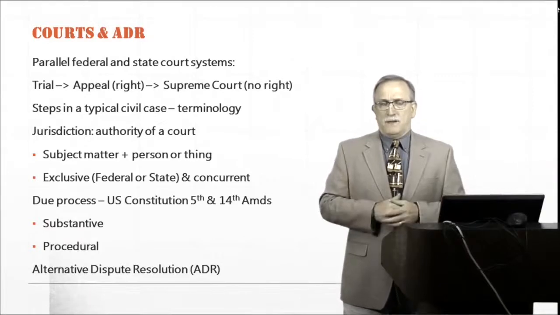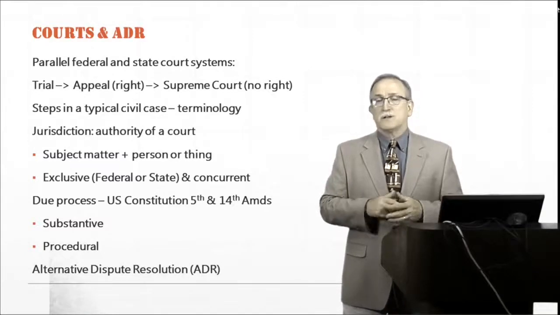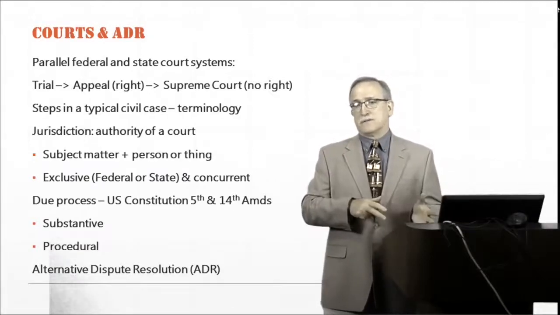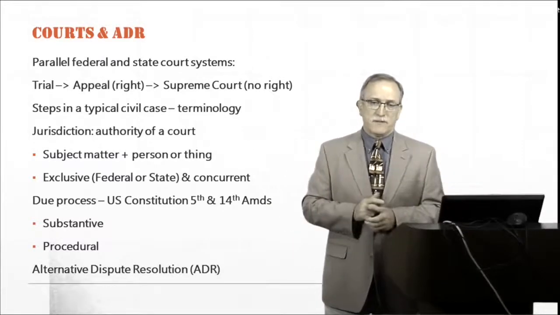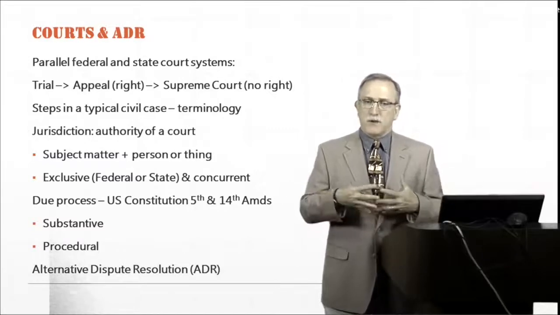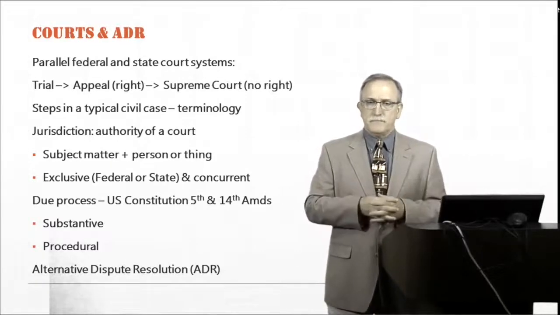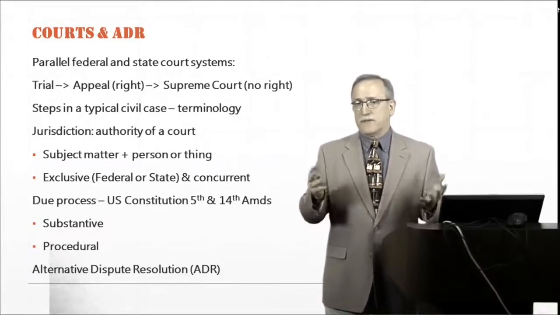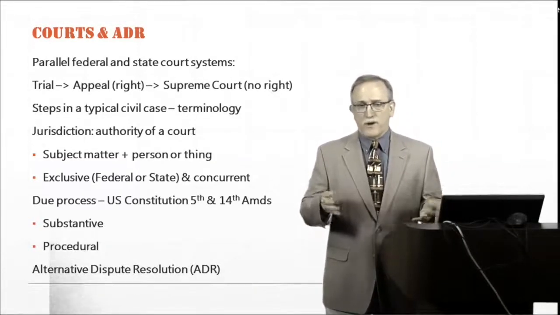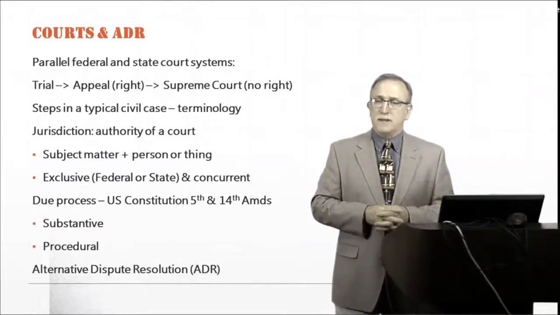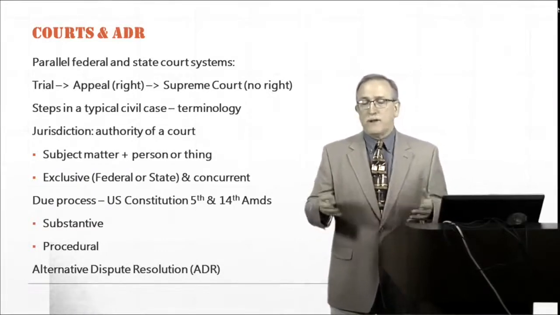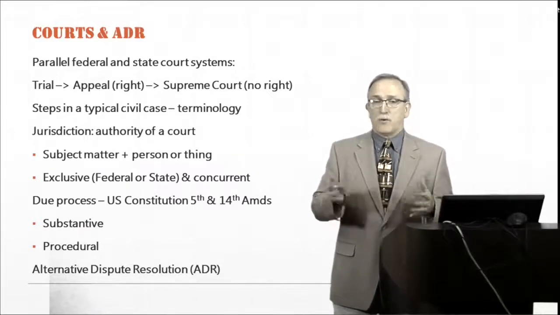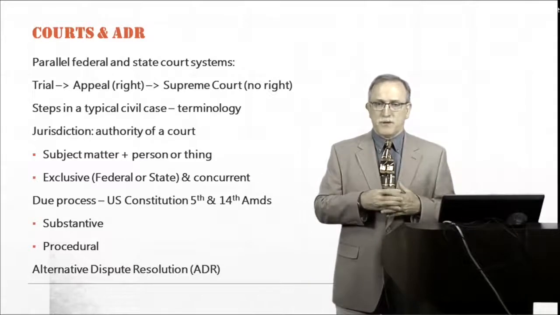So there are certain things that are exclusively left to state court systems, and certain things that are exclusively left to the federal system. And then there are things that are concurrent. For example, violations of your constitutional rights, whether it's, let's say, First Amendment free speech. Let's say you're a corporation, you donate money to a campaign, somebody sues you or whatever. Somebody violates your constitutional rights, you can go to state or federal court. So that's concurrent jurisdiction.